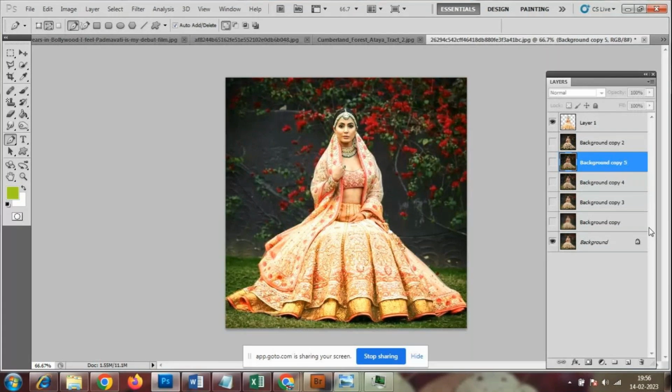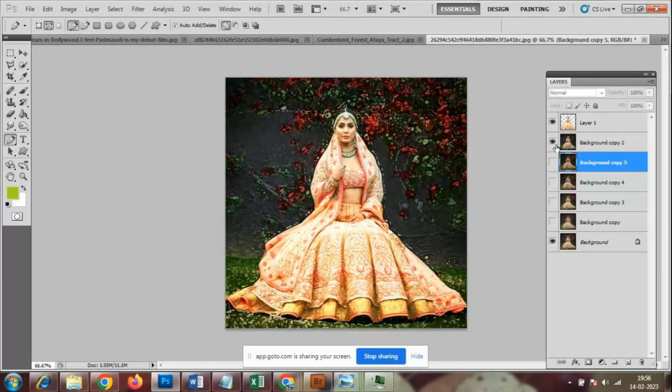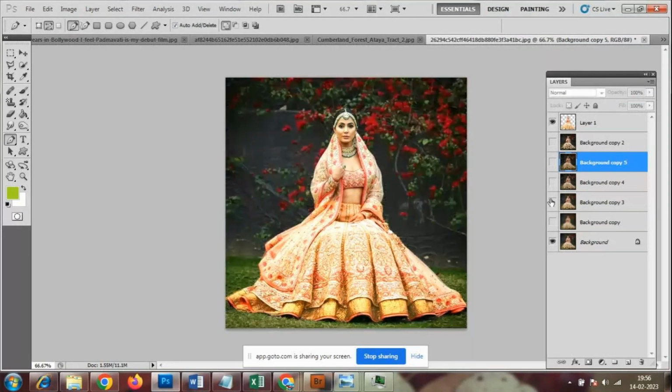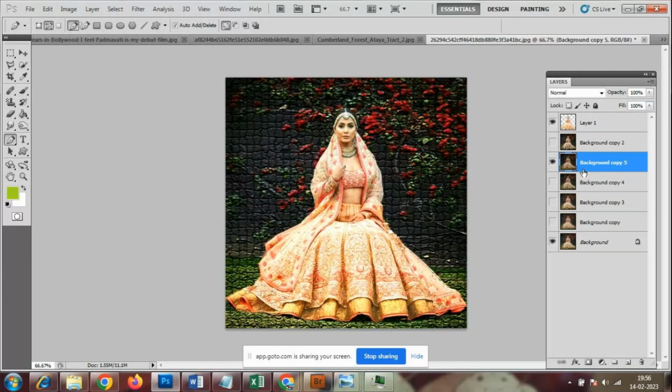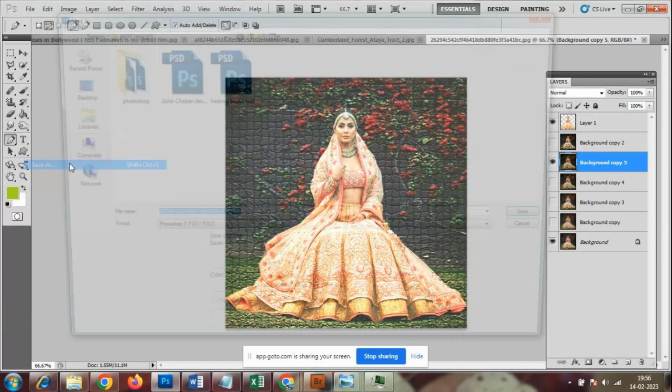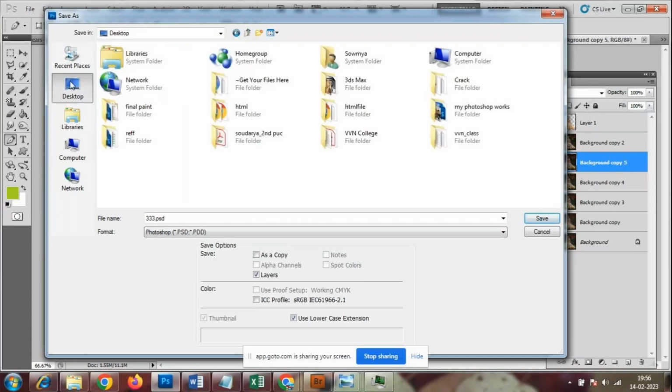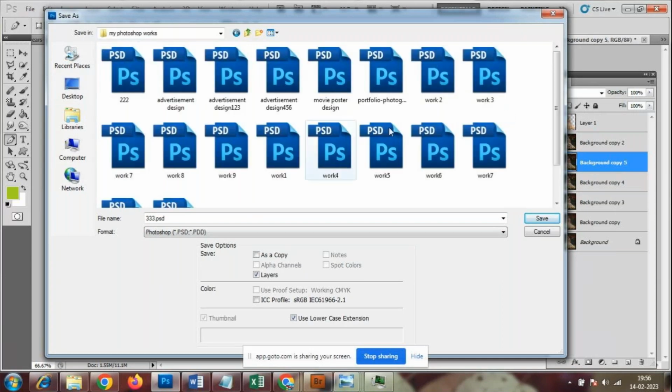And the background also, you can add whatever background you like. Okay, so this is how they change the photo shoot. They are changing the photo shoot like this only. Okay, anybody having any doubt? I'll just save this file. File, save as. I'll just save it on the desktop, in my Photoshop work folder. I'll just save this file. And again,